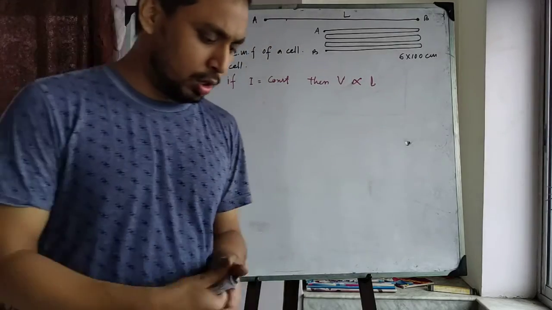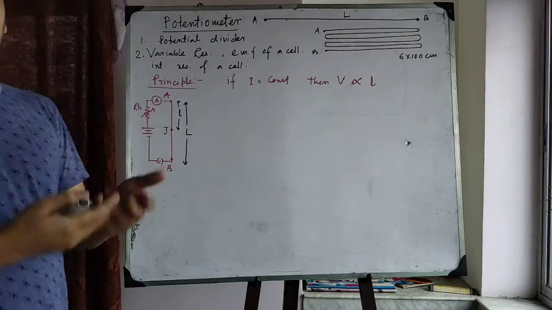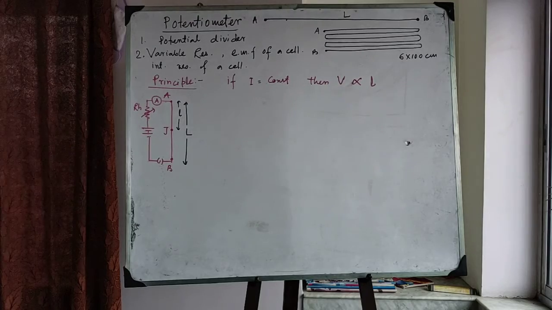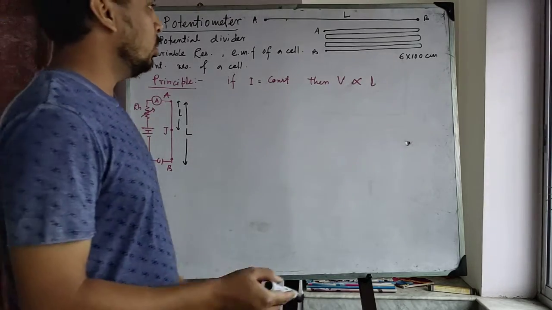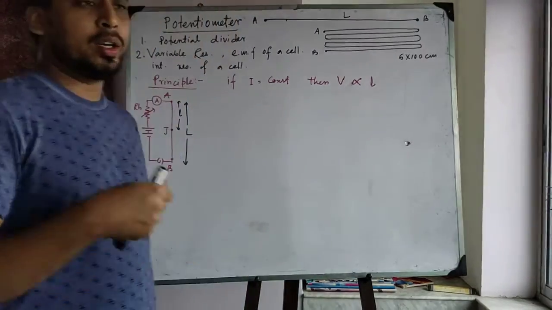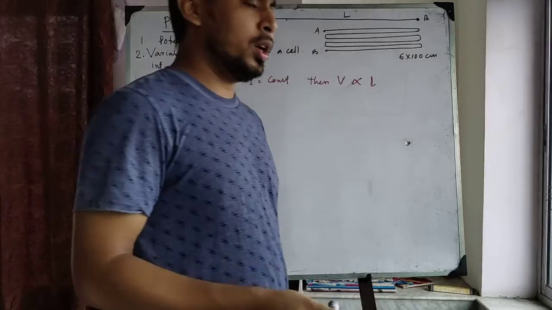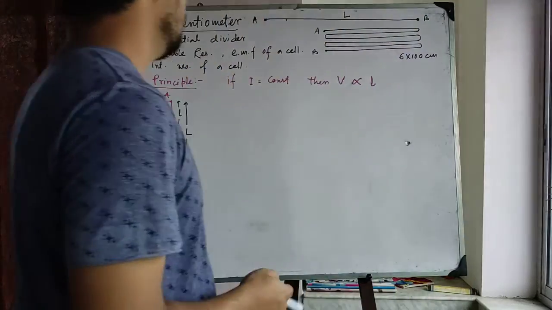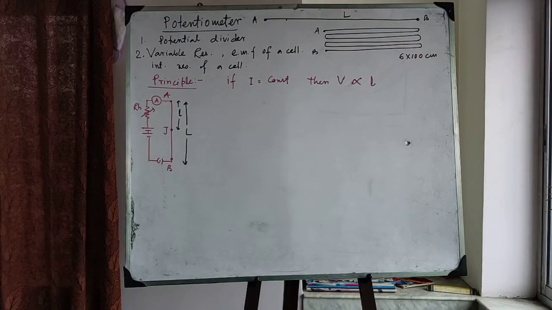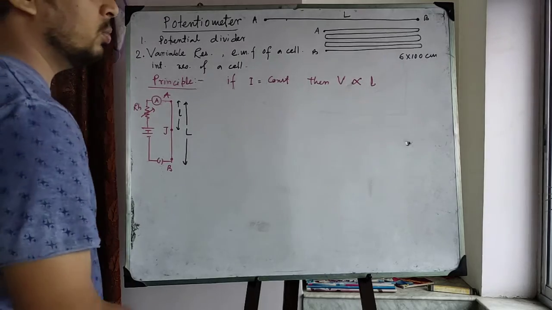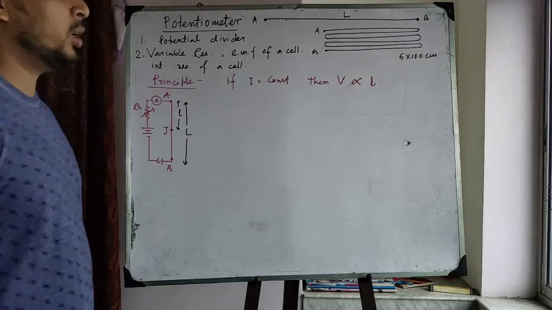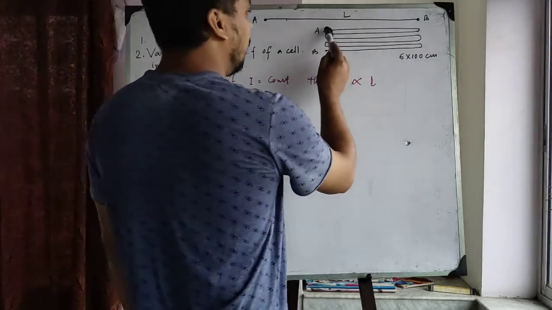Generally it is 10 meter long, that is 1000 centimeter. So you can get a 10 meter long potentiometer wire, you can get 6 meter, you can get 4 meter, and even you can get 1 meter also. If the wire is 10 meter long or 6 meter long, then the arrangement is made in such a way that